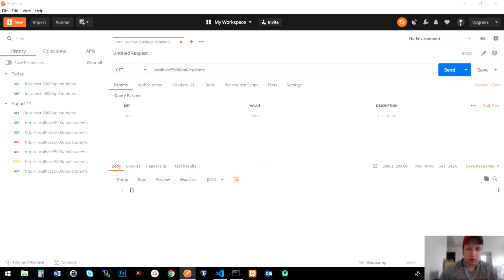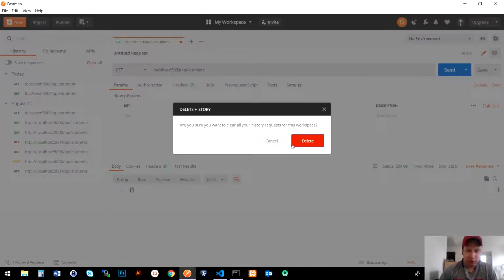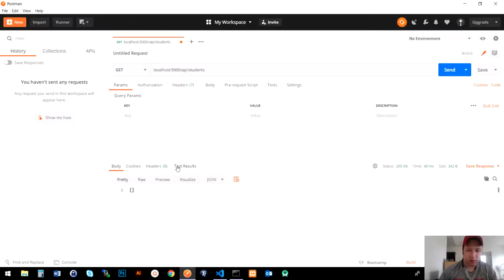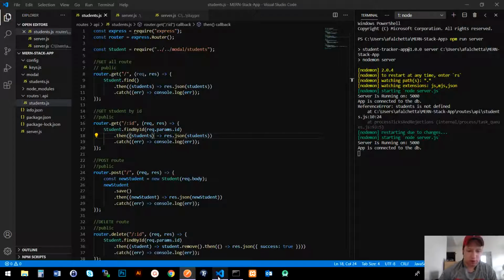So like I said, this is Postman, and we use this to test our routes. As you can see, I already kind of did. So I'm going to clear it and show you how to do it. So, once you're all installed, it's going to be localhost colon and then our port, which is where we assigned it